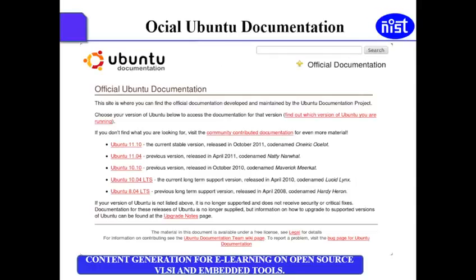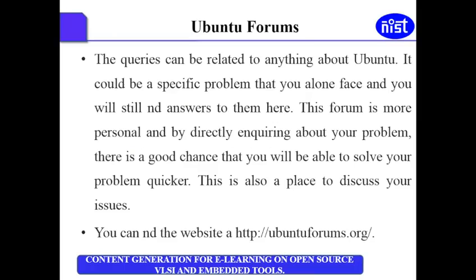So here I show a snap of a website, the Ubuntu official documentation website. Here you can put any queries or any help. So next comes to Ubuntu forums. The queries can be related to anything about Ubuntu.